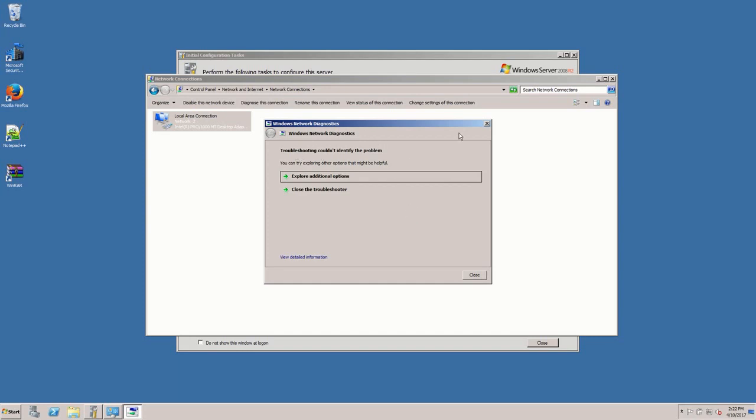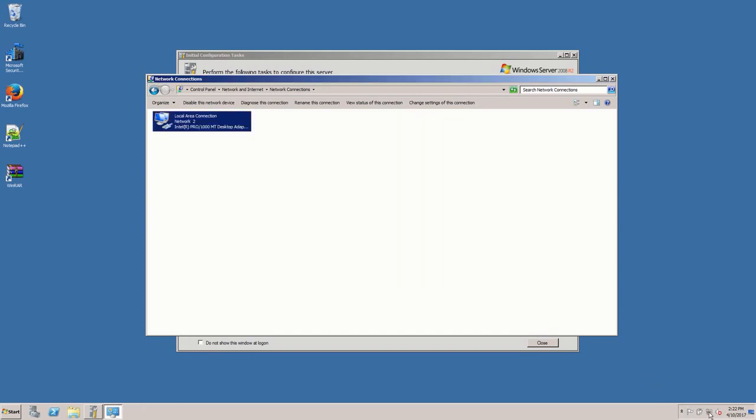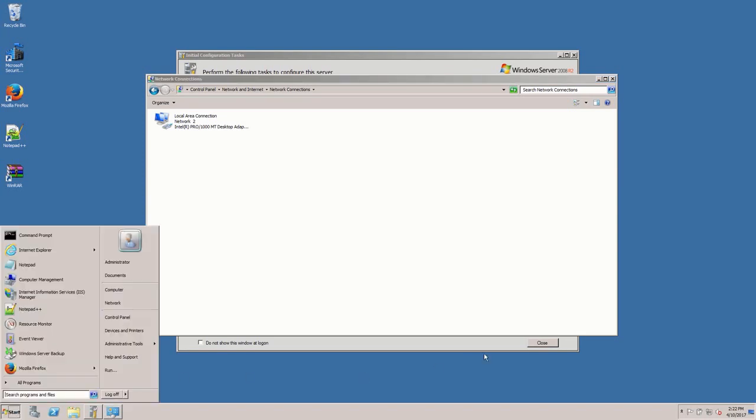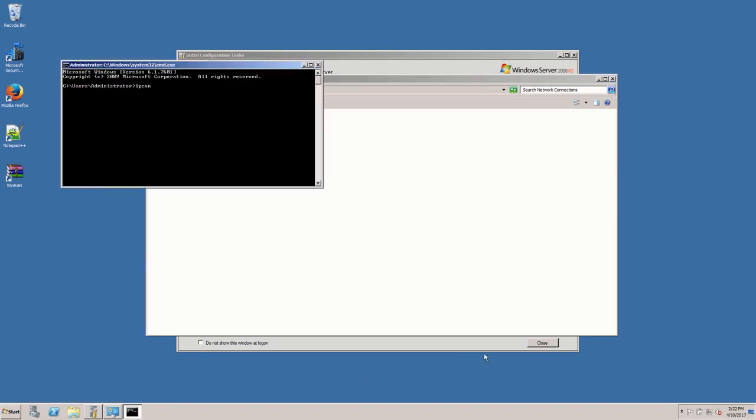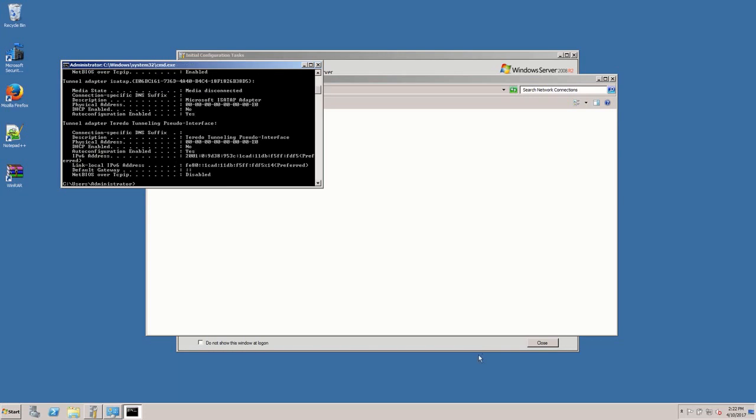Okay, so we couldn't identify any problems. That's good. We don't have the yellow caution sign down here anymore, so that's good. One thing that we can do is open up a command prompt and verify that these settings have been saved. So if we do ipconfig /all,